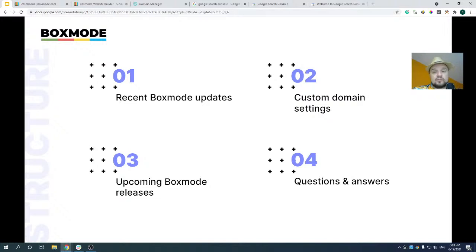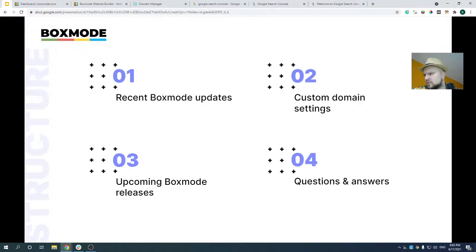Custom domain questions are going to be the main topic for today's discussion. And then we will briefly cover what's going to be implemented in the next release, what will be included, possible timeframes. We have scheduled around 20 minutes for the presentation part, and after that I'll answer questions.